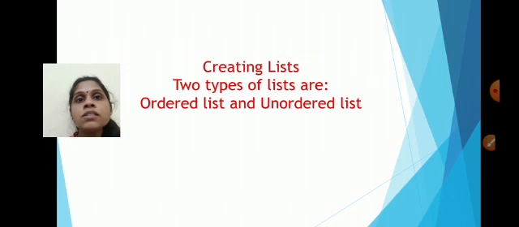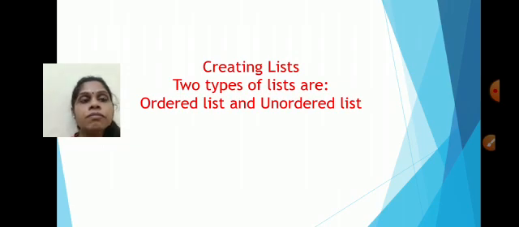And unordered means any bullets are there, you are using the star sign, circle sign, square sign, all these things. You can write any point, up down, no problem is there. But orderly if you are writing, first of all you have to write A, then B, then C, like this only. But unorderly you can write anything anywhere. So this is the difference between the ordered list and the unordered list.